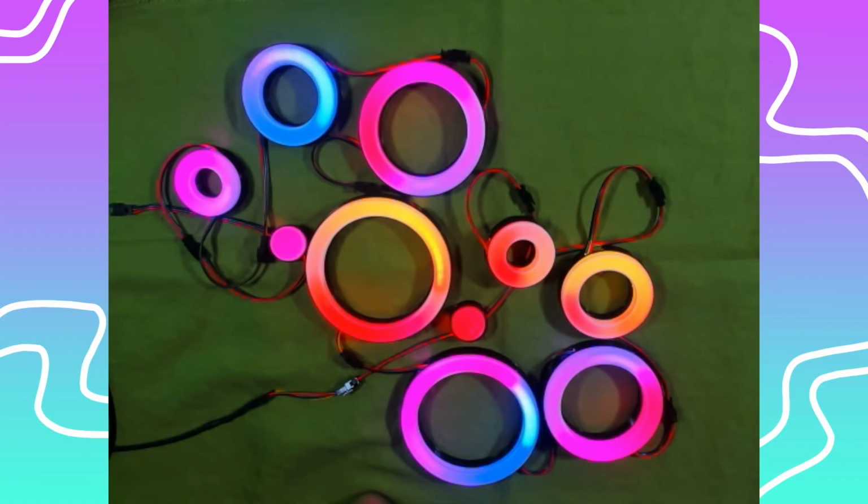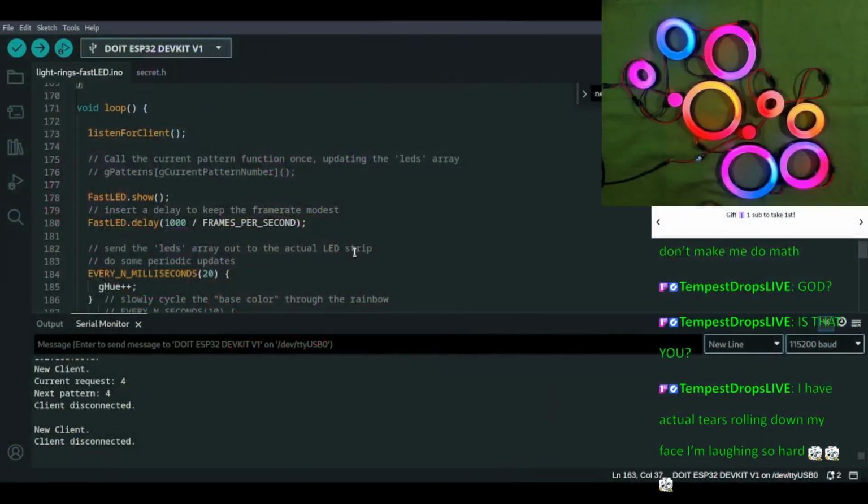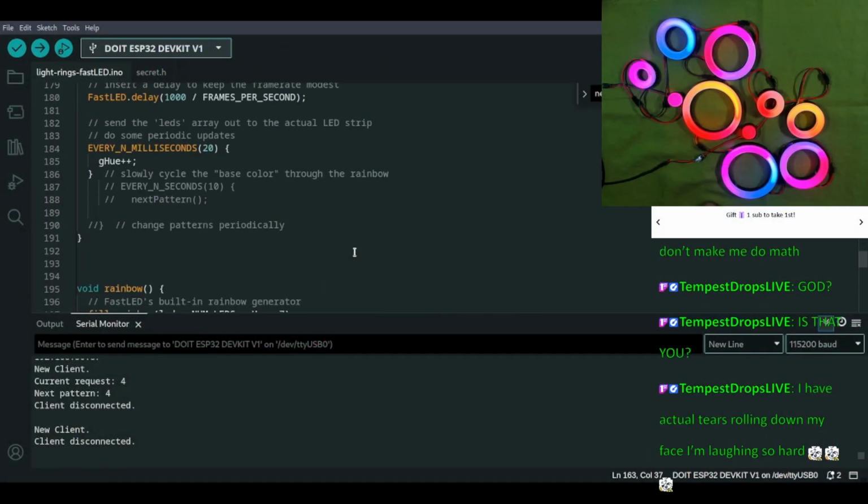So what's happening normally in FastLED is you're running the function, like say I want to do rainbow. It will run rainbow, and then it will change a couple of variables and re-render.